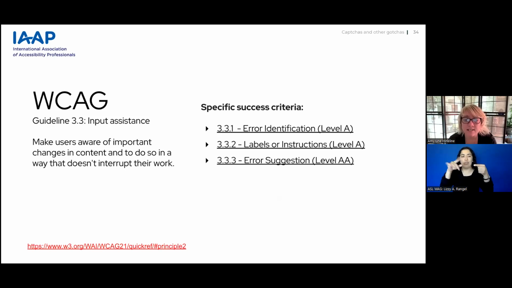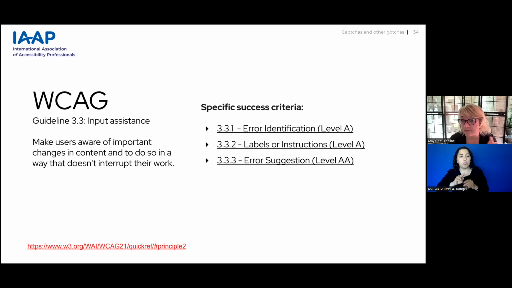And this success criteria may help people with cognitive, language, and learning disabilities who have a difficult time understanding the meaning represented by icons and other visual clues. So we want to make sure that we really have enough information on the page for people to feel that it's helpful.